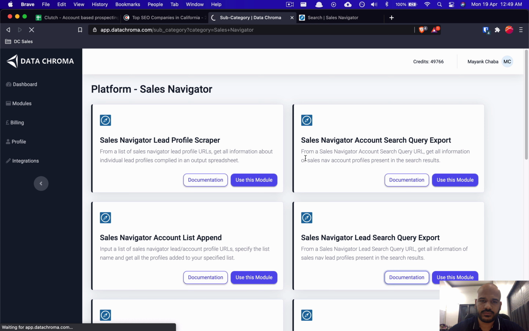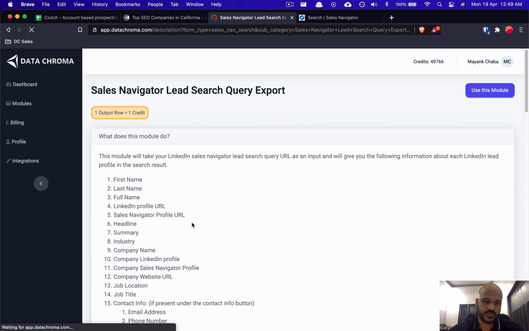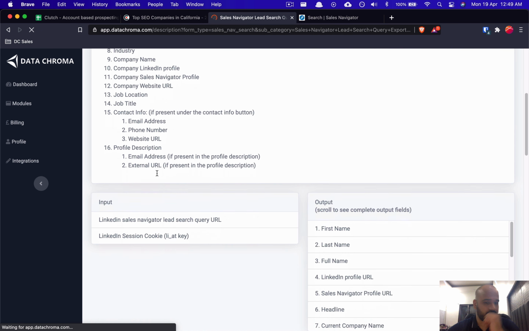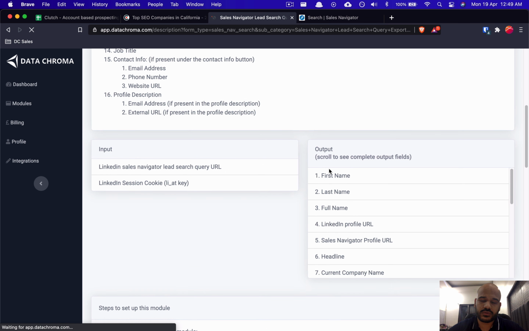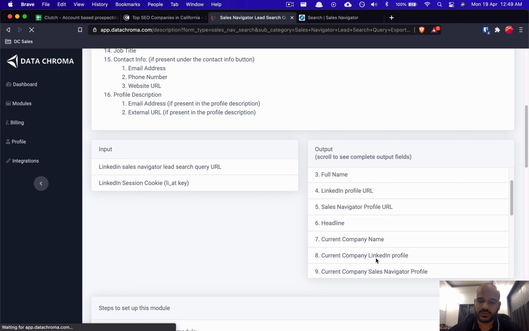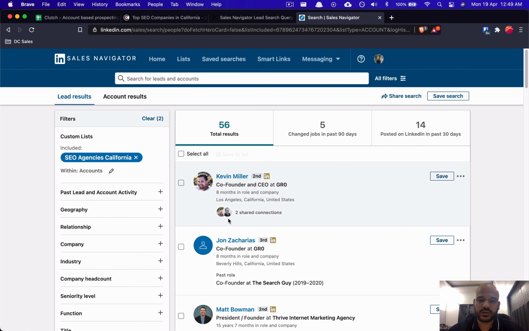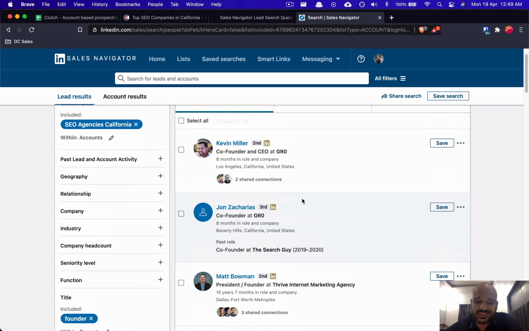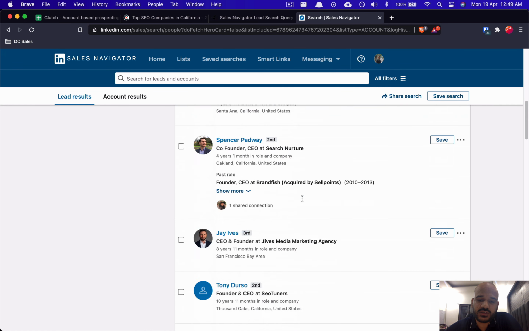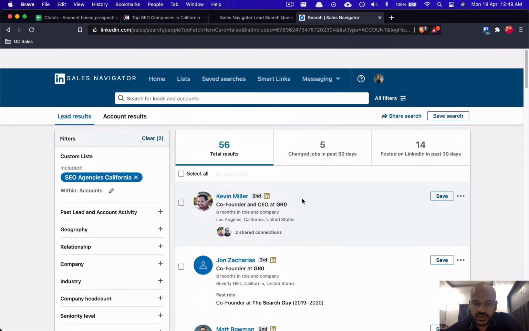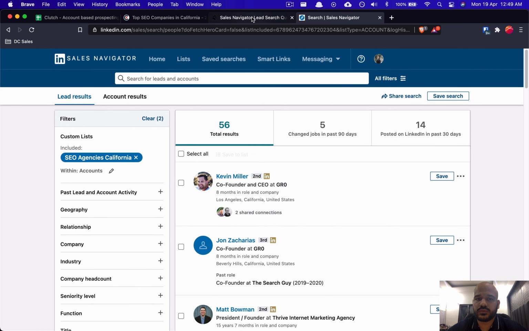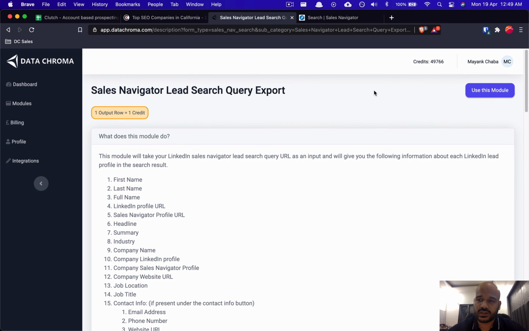Click on documentation, and you'll find the documentation here. You'll find the steps to use this module, and what you'll find as the output from this module. So the idea is, now you want email addresses of these people, but before that, we want to scrape all these results and get a CSV from this particular process. So we'll go to this documentation page and click on use this module,